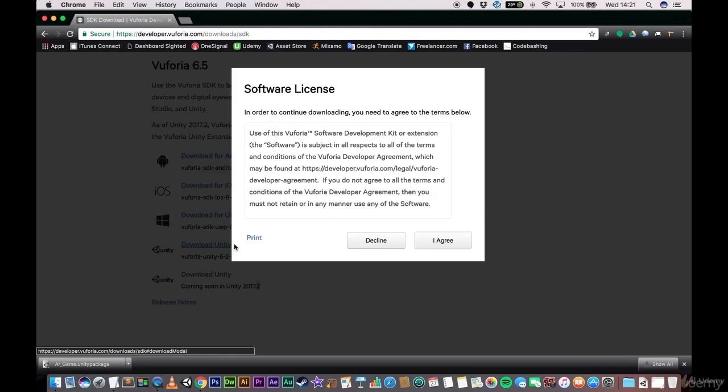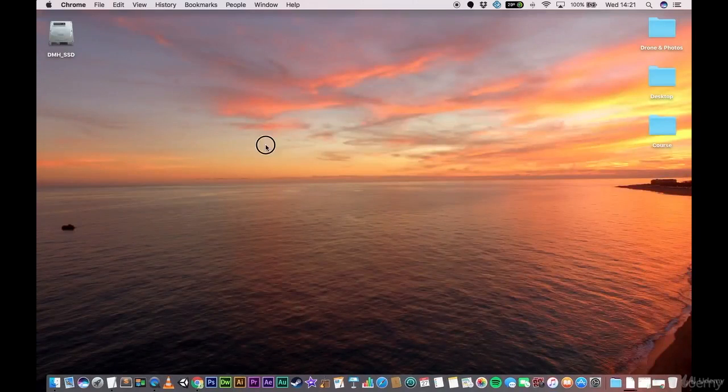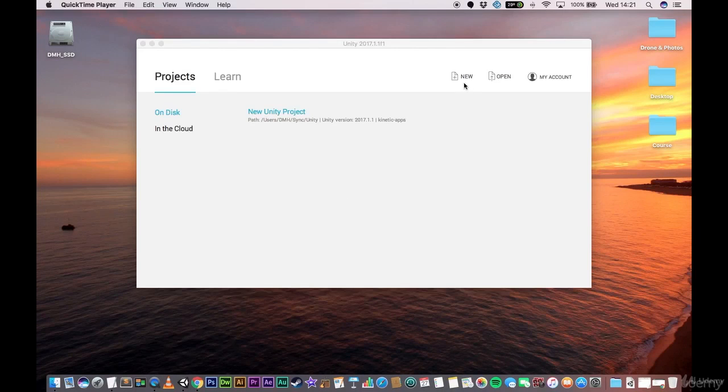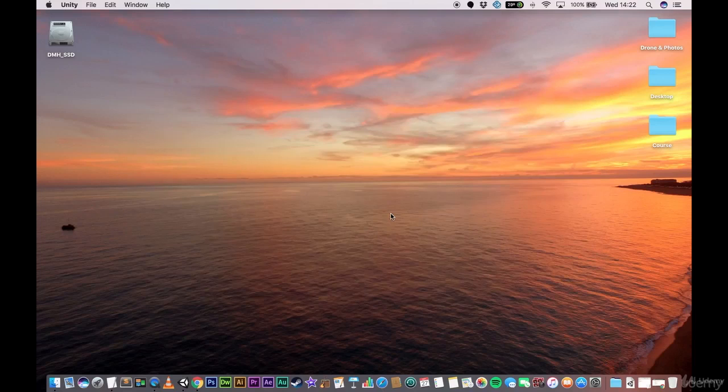So I want you to click and download this one, agree to the software license, and now we are downloading the Vuforia package. So what I want to do is just minimize that for a second. I'll leave it running in the background, and I want to open Unity. I want you to click on the new tab in the corner, and this will be Hello AR. So create the project,